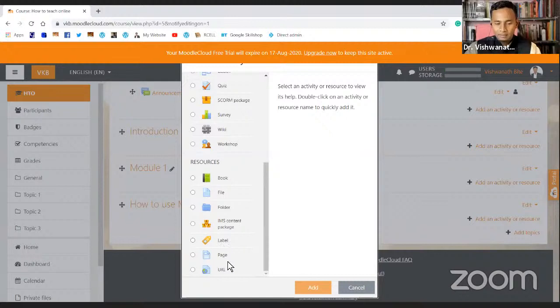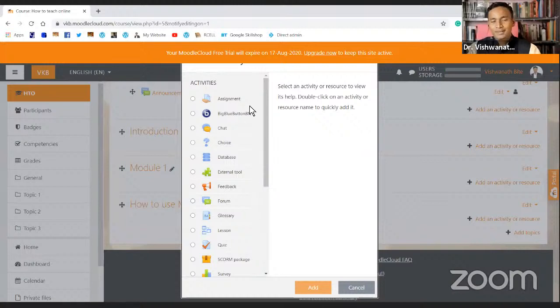I can add some labels, some pages, some URLs. Like a while ago, I told you that there are some solved NET and SET question papers on my website. And if I want to tell my postgraduate students that, okay, you are preparing for SET and NET examinations, and you might like to go through these previous year question papers and solved answers, I'll just share that link or that page with those students, and this is how it is very much interactive. But first of all, let us start with the lesson.